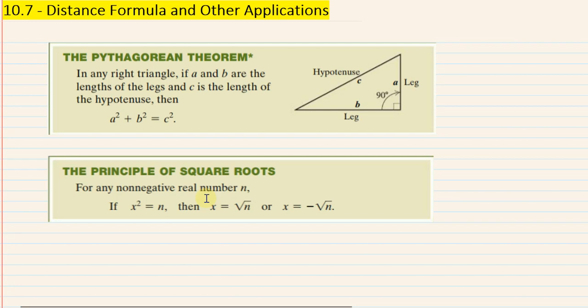7, we're going to take a look at distance formula and a couple of other applications of the Pythagorean theorem. One would be distance formula, of course, and then the other one we're going to take a look at is a couple of special triangles that are used quite a bit in trigonometry and higher courses in mathematics. But for now, we're going to take a look at the Pythagorean theorem, a theorem that was actually proved about 500-600 years before